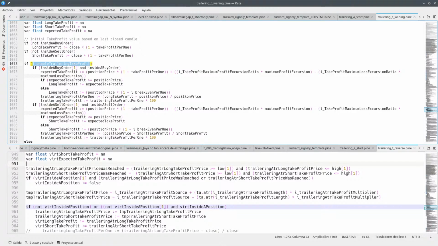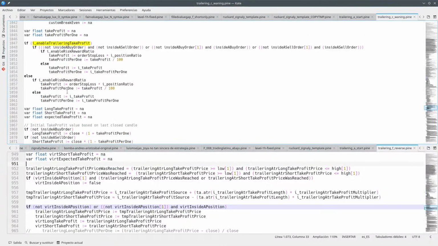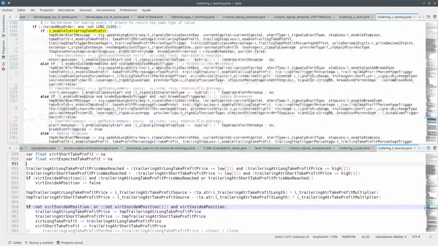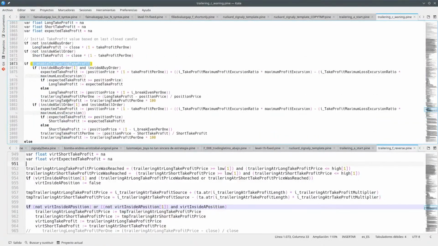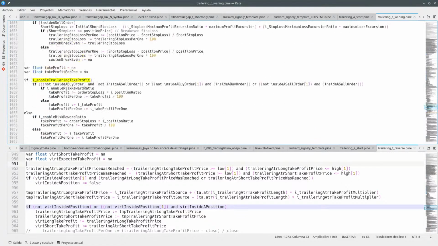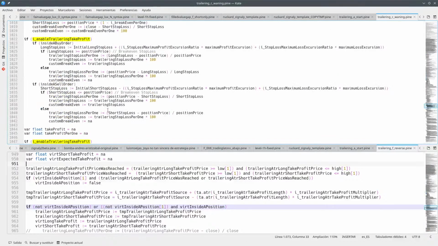Maybe the stop loss was a bit better implemented. Where the hell is this? Okay, here you have something else, and we should have some stop loss. Okay, this is the take profit, this is the take profit per one, this is stop loss. Okay, so the stop loss, yeah, we can see how the take profit was not modified at all